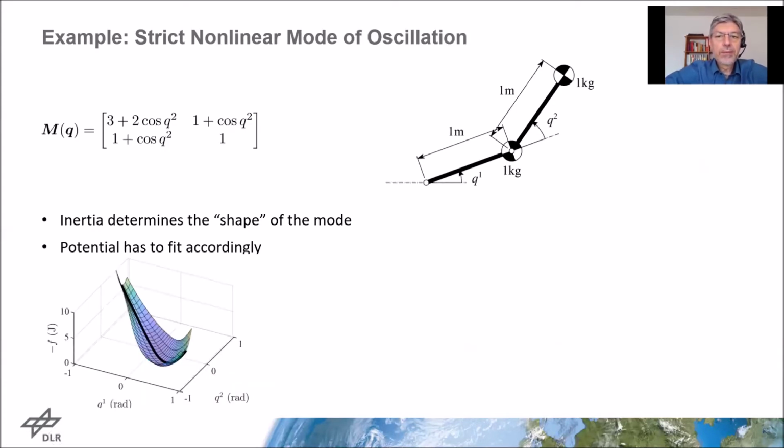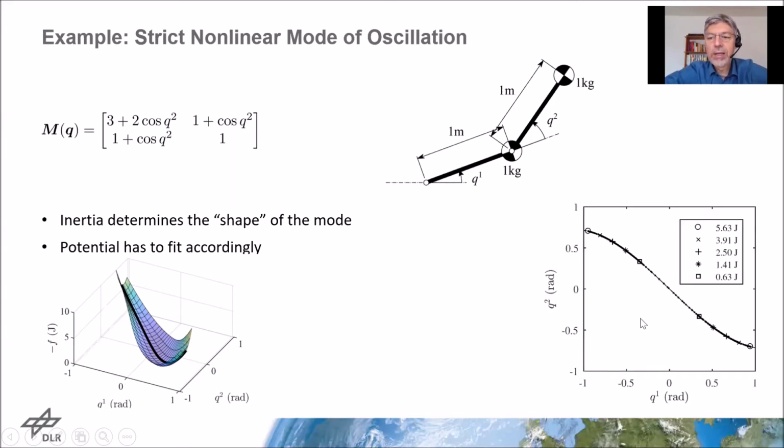This is a necessary and sufficient condition. And in the paper, we gave some simple example for a double pendulum where we show that you can take any geodesic of the system without potential field. So basically you just simulate the system without potentials, just the multi-body dynamics. Take any of those trajectories and then you can shape the potential field in such a way that any of these trajectories becomes what we call a strict nonlinear normal mode, so becomes invariant